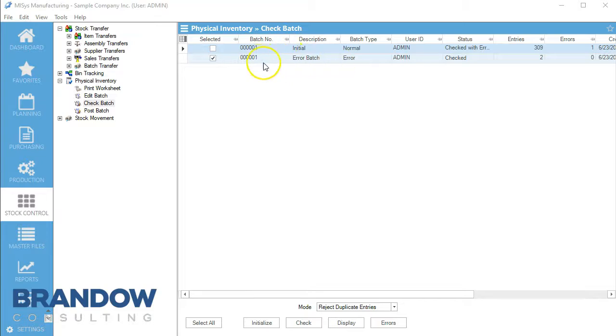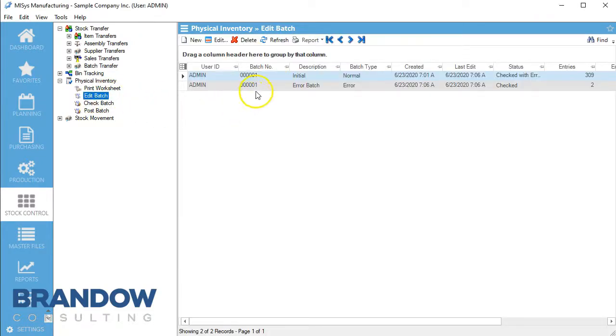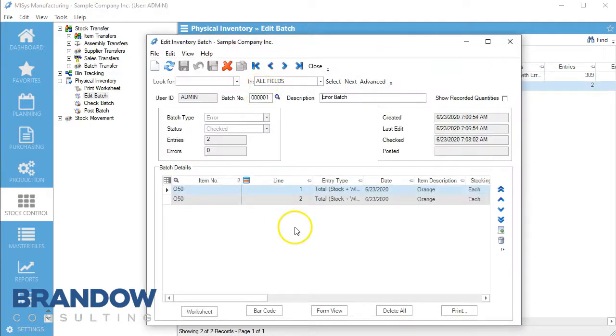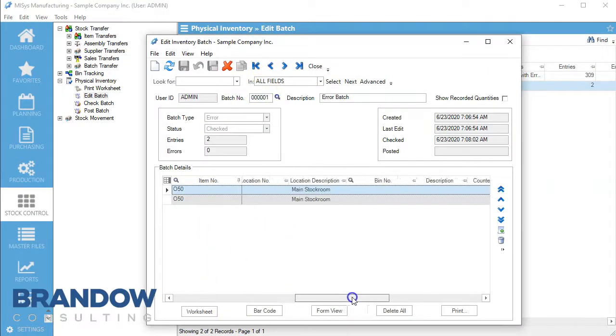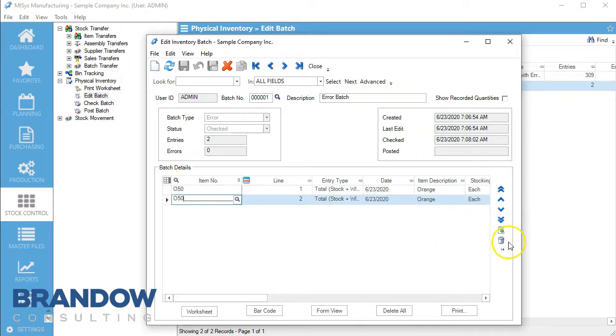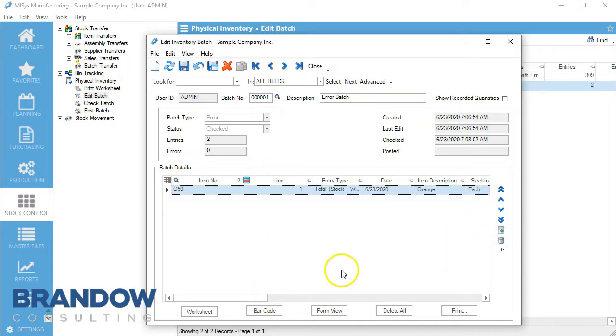Okay, then when we get our error batch here, we go back to edit batch and we open this up. Here we see that we've got 2 oranges, we have 100 count. Because we added it, we know which one is correct, which one's incorrect. But this is the time where you can go back and recount on your floor. So what we're going to do here, we're just going to delete that line, save it,